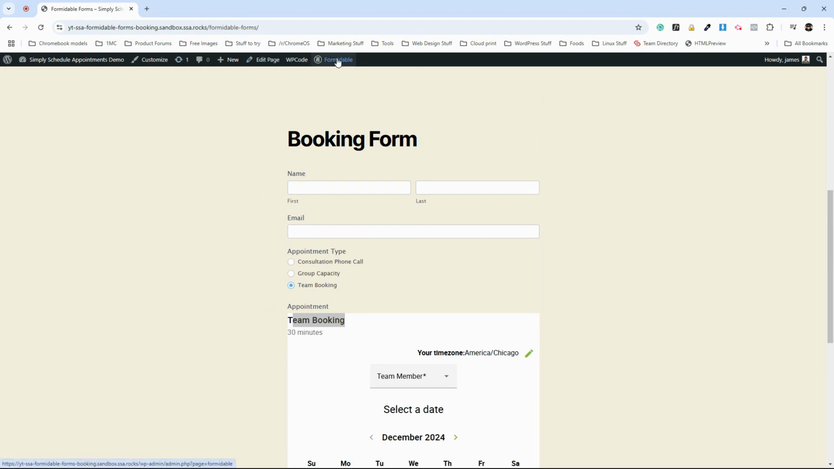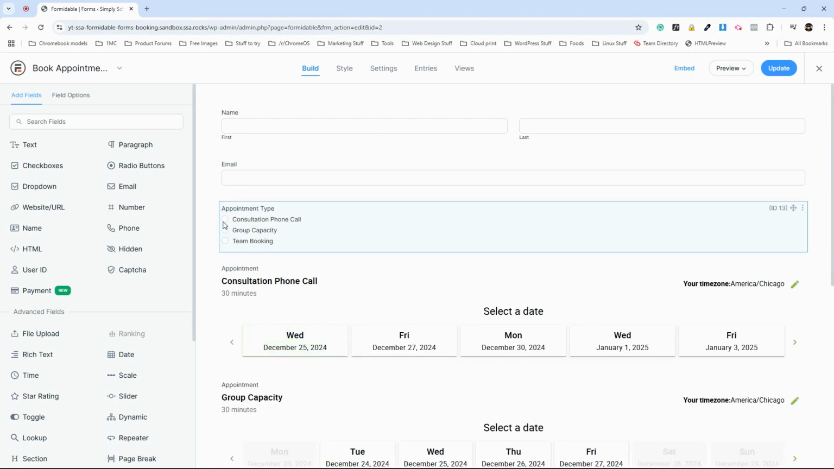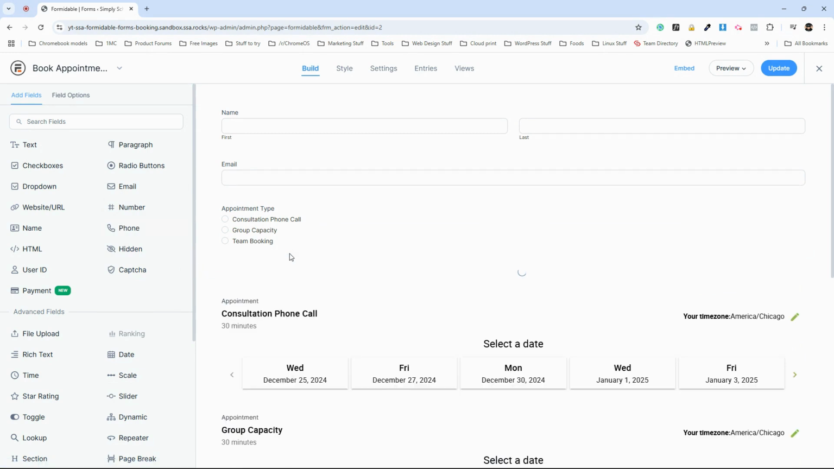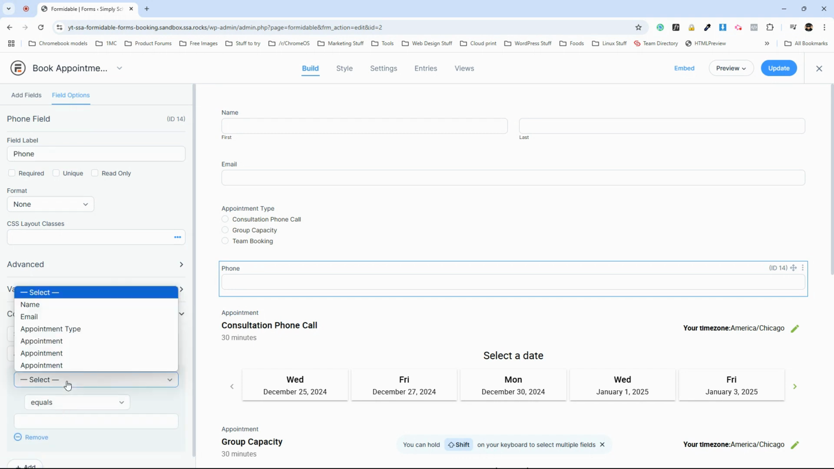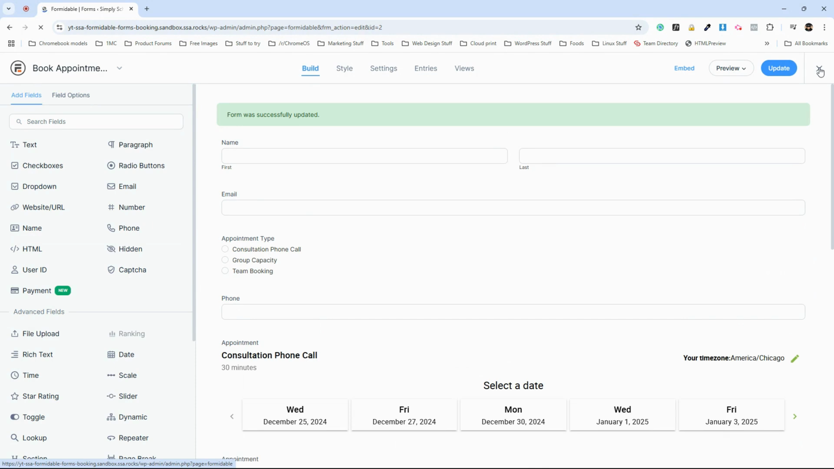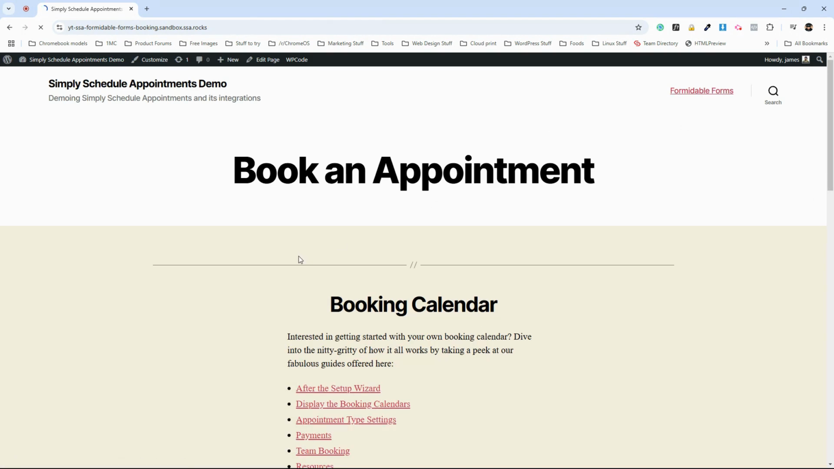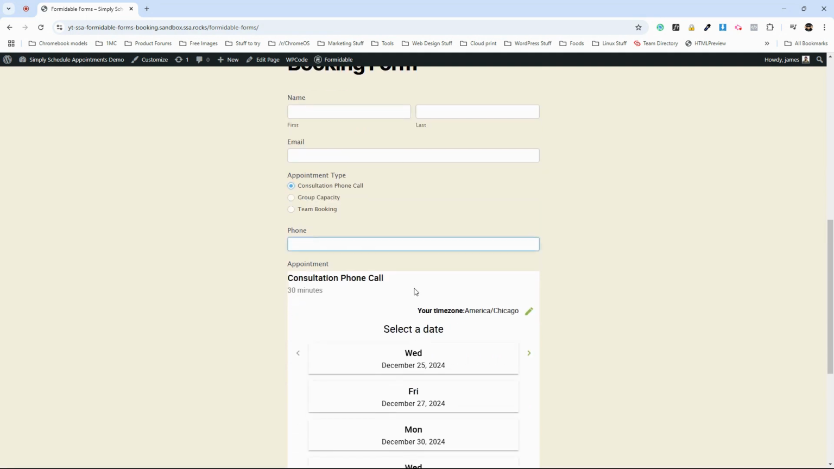type. So if we go back to editing this form, maybe consultation phone call, I don't know, maybe you want to collect their phone number because maybe you're going to call them instead of them call you. So we could drop in this phone number here and we could do conditional logic, only show this if appointment type equals consultation phone call. Hit update. And let's take a look at the front end. And now you'll see if I choose consultation phone call, we get this phone number and we get the appropriate